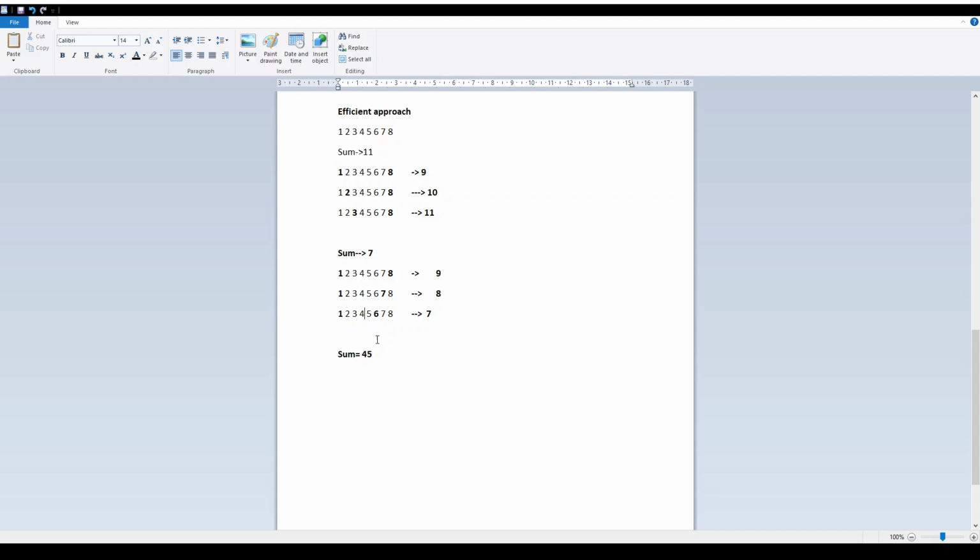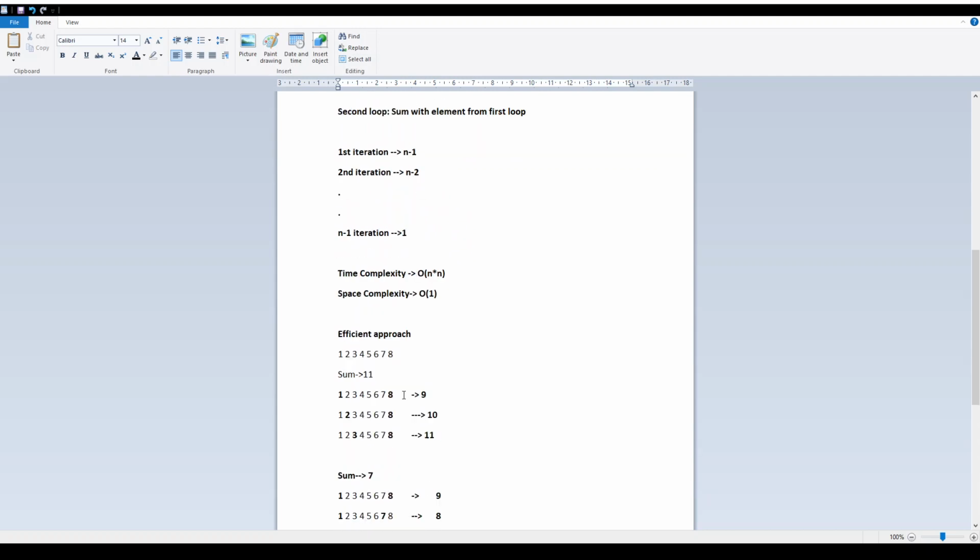So our end condition is to iterate while the lower pointer is less than the higher pointer, because when they are equal we will not be adding them. Then we have reached the same number, and we could not find the required sum.